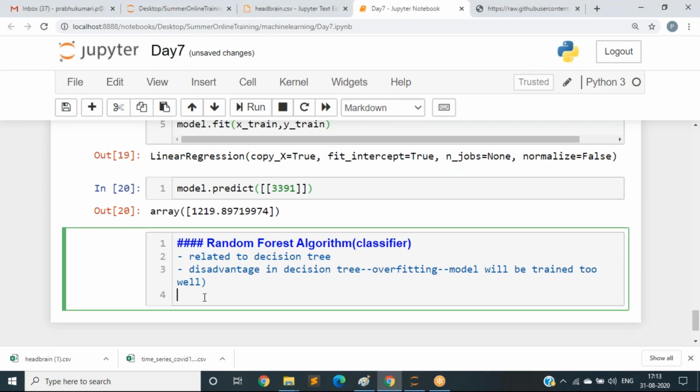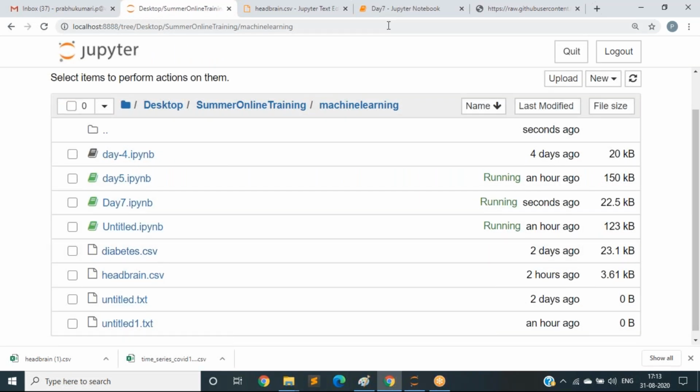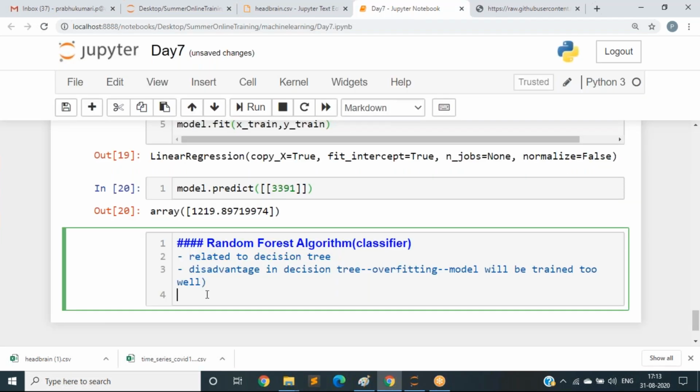Okay. I think you already have the data set in the part that you are doing, diabetes.csv. Let us do it with that. First we should import the data set, right?